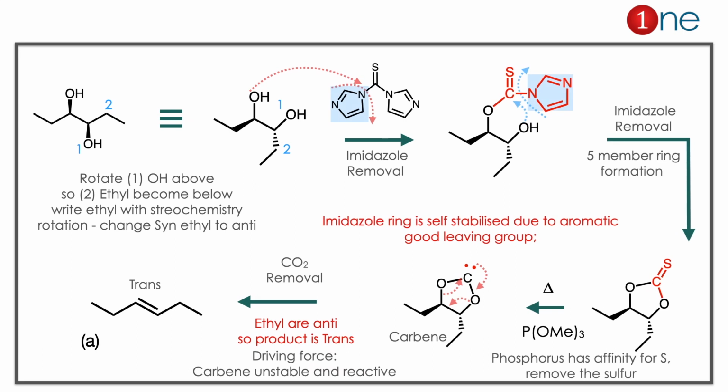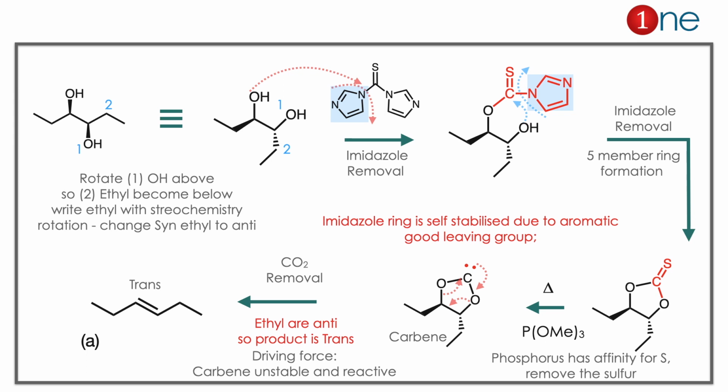The starting material is a diol, but the real problem lies in the diol position. So we redraw the diol there. Both are syn to each other, so we redraw it nicely with stereochemistry. If you redraw, you have to rotate the OH above the plane. What really happens is the OH, which is in the first position, goes above the plane. So the 1 and 2 alkyls are on the plane and the 2 ethyl groups are anti to each other.